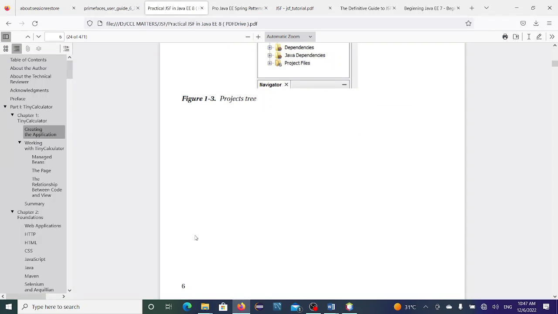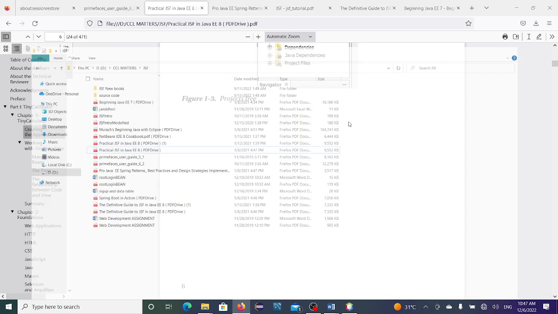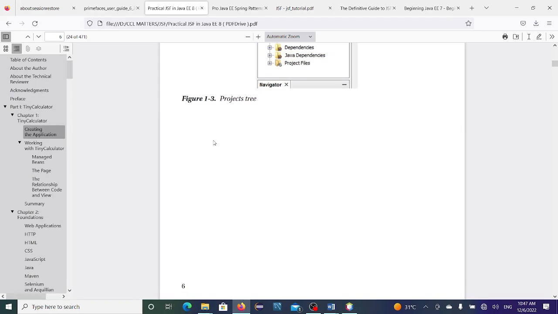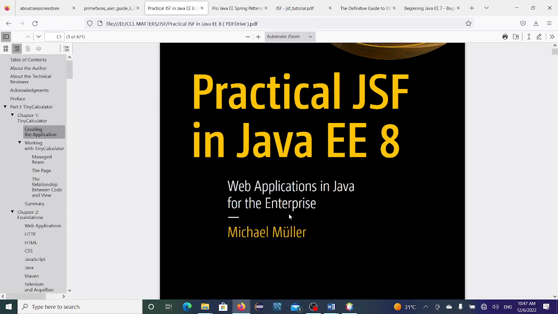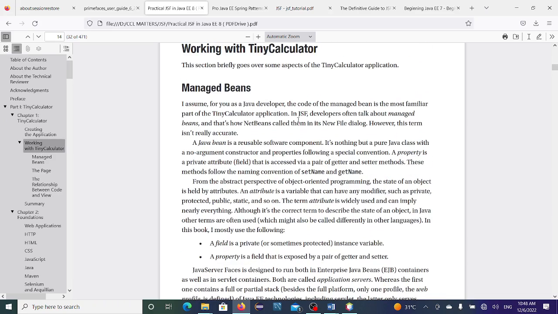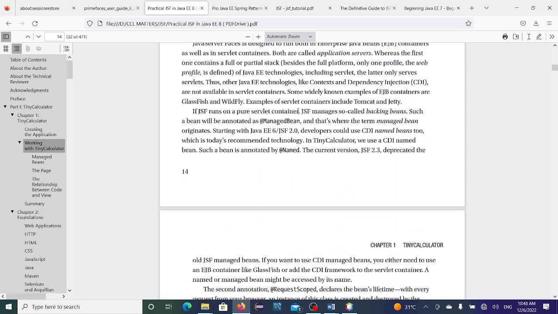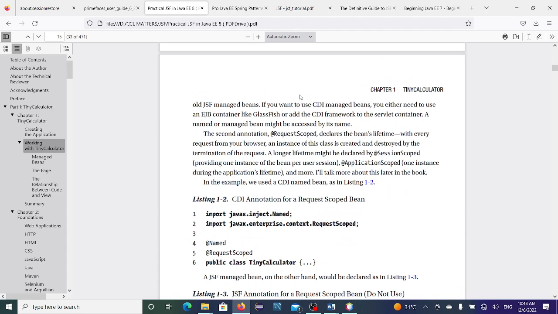This is the book, this little one that says Practical JSF in Java EE 8: web applications in Java for the enterprise. It says working with tiny calculator here. If you click the auto design something that resembles a calculator, then he calls it tiny calculator. It is always good for anybody learning technology to actually come up with some